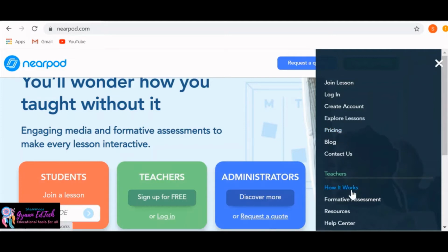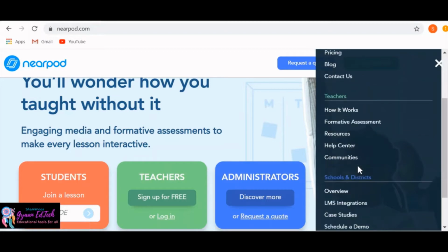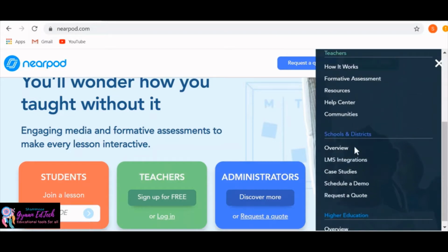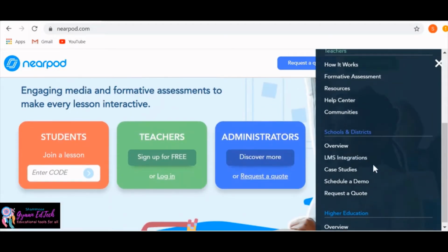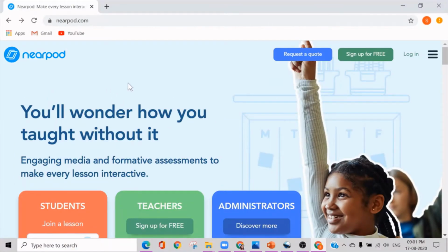If you would like to know how Nearpod works for a teacher, you can see it here. Check out the formative assessment here, and resources and other data are given here. So that's how you create an account. It's very easy. Now let us try to sign up a free account.